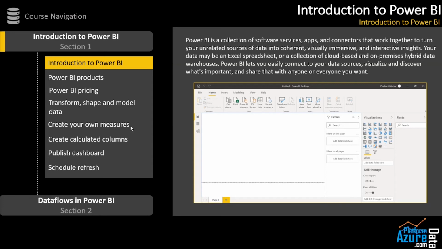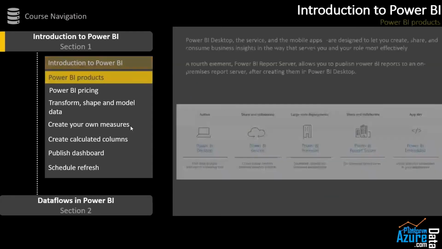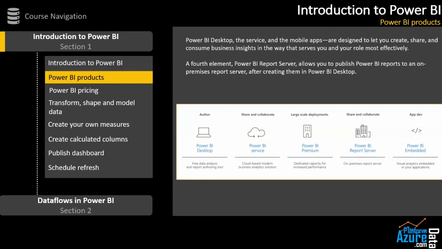There are basically various products of Power BI. Okay, so you see here, first one is Power BI Desktop. Now, Power BI Desktop is actually the on-premise version. You can just download it from any search engine and then install it on your machine and start playing with the data. For this, you don't need any license. You don't have to pay anything. It is completely free of cost.